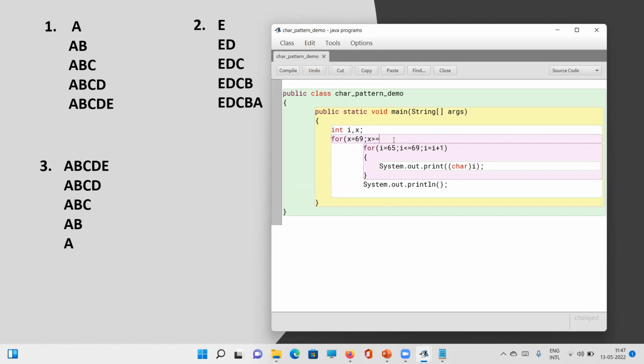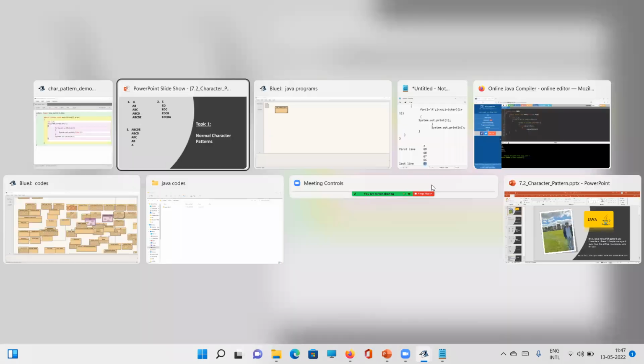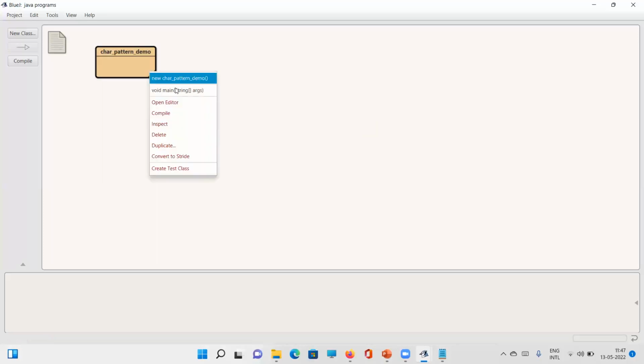So 69, if I put here, and the last value should be X 65, because if I put 65 here, I will be getting A, the last line. So the first value of x should be 69. The last value of x should be 65. And obviously to go from 69 to 65, I have to decrease the value of x. If I do that, if I press Control K, if I run, I hope I'll be getting